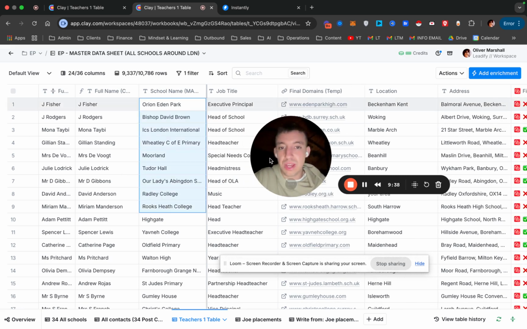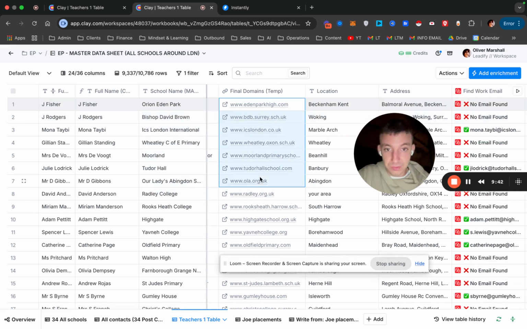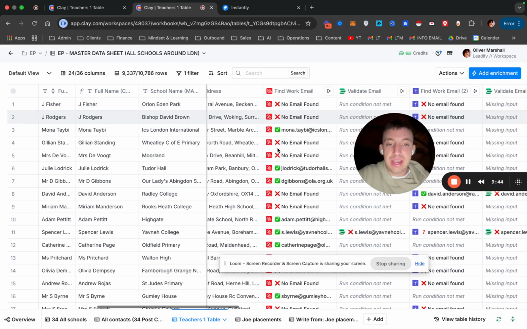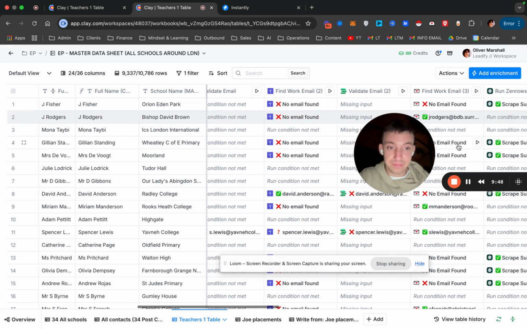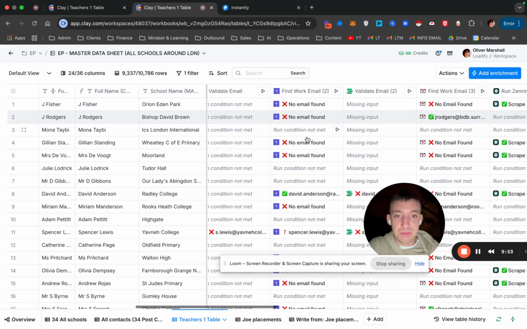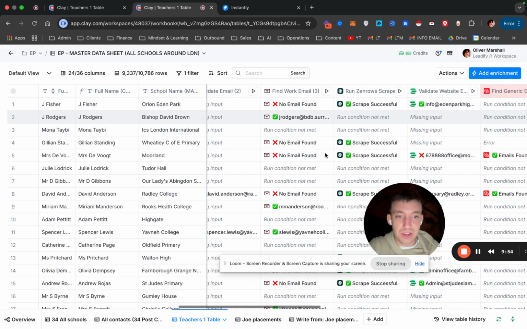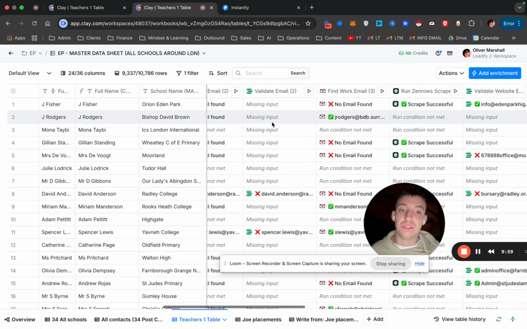We've then obviously got the school name, the job title of the teacher, the website, the location, and the address. Now what we do is we run it through a waterfall to find the email addresses. So we've used Prospeo, then we validate, then we use Lead Magic, then we validate, then we use Find Email, then if we haven't found the email address from these 3,